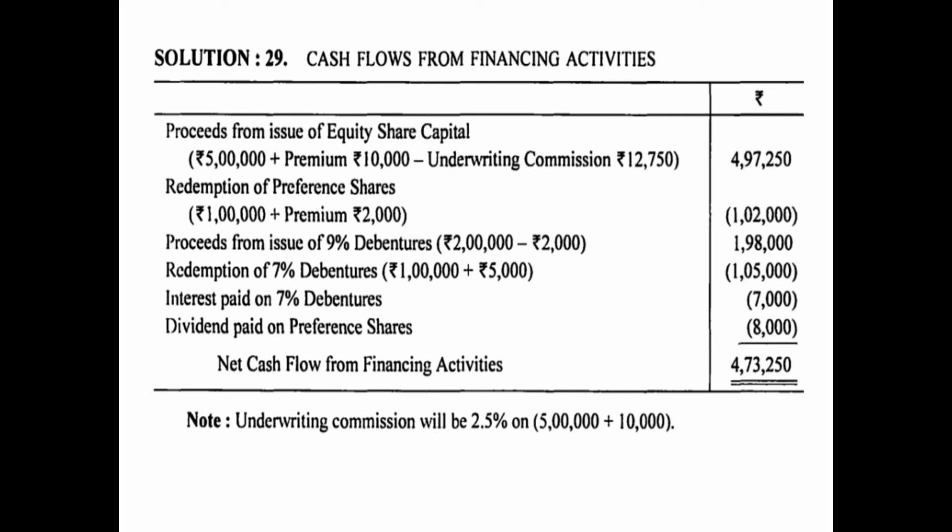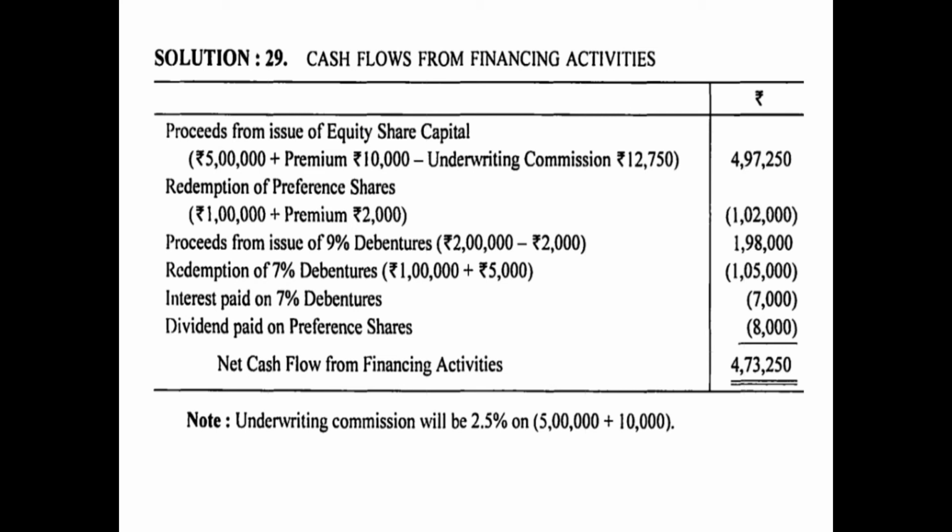As you can see, we are showing cash flows from financing activities because in this question you are required to prepare that. So first of all, we have shown the proceeds from issue of equity share capital. How have we calculated it? 5 lakh is the face value of issued shares, plus because these are issued at 2% premium, 2% of 5 lakh will be a premium of 10,000. And now the issue price becomes 5 lakh 10,000, on which 2.5% is to be paid as